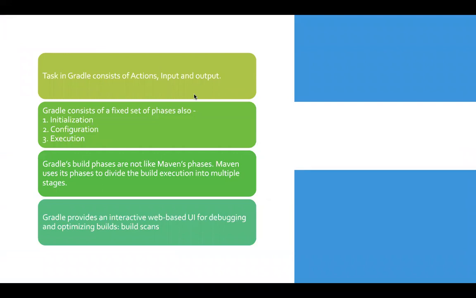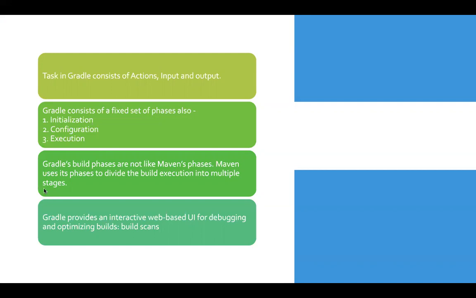So we are using a term here, task. What is a task actually? Tasks are simply the actions or pieces of work that have to be done by Gradle, like compiling your source code, taking some input, or generating any output. Other than tasks, Gradle consists of a set of phases called initialization, configuration, and execution. In initialization, Gradle sets up the build environment, determines the project which needs to be built, and verifies it. Then it configures and then executes the tasks which it has created in the configuration step.